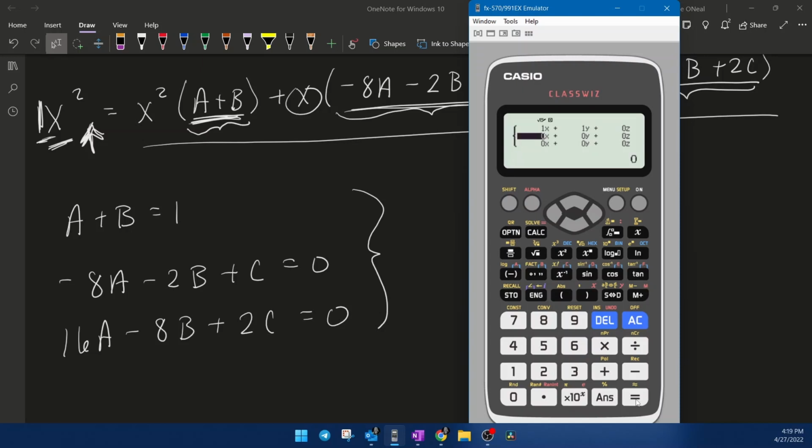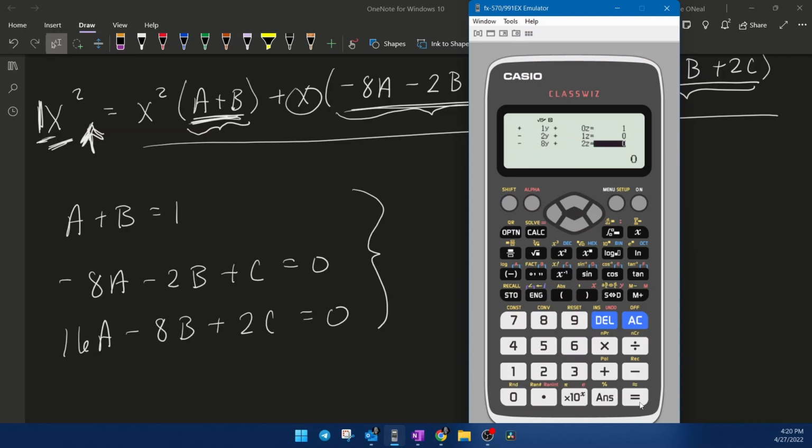And then you rinse and repeat for the second equation. Negative 8, equals, negative 2, equals. The coefficient of c next is 1, and the constant is 0. And last equation, 16, negative 8,